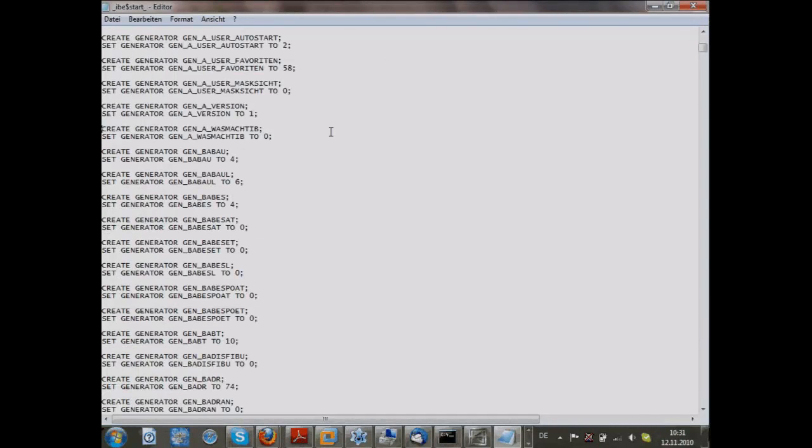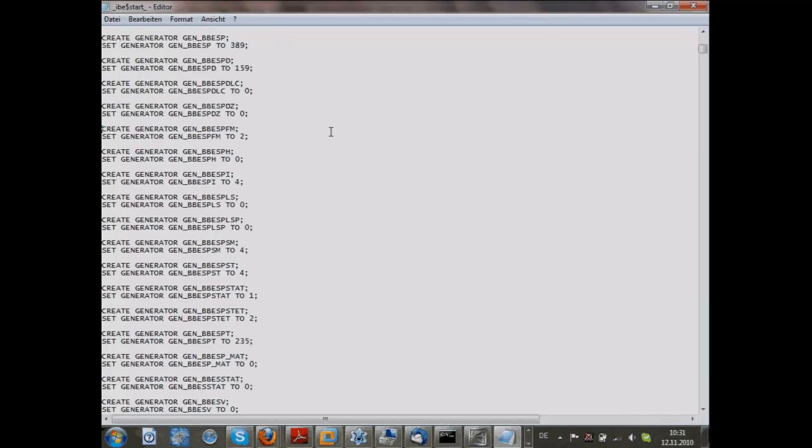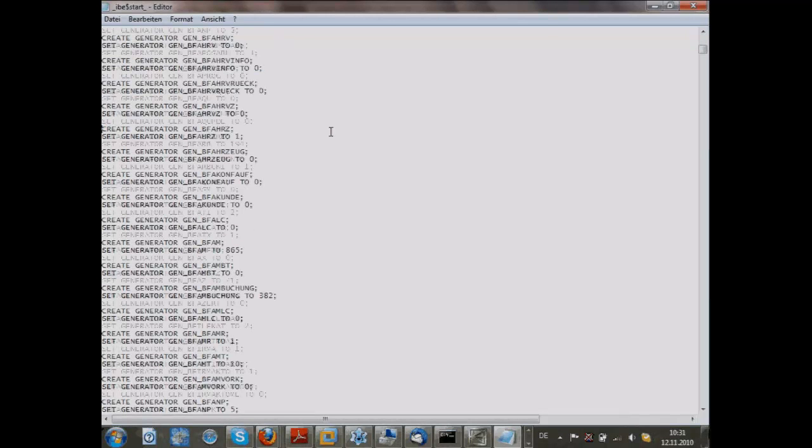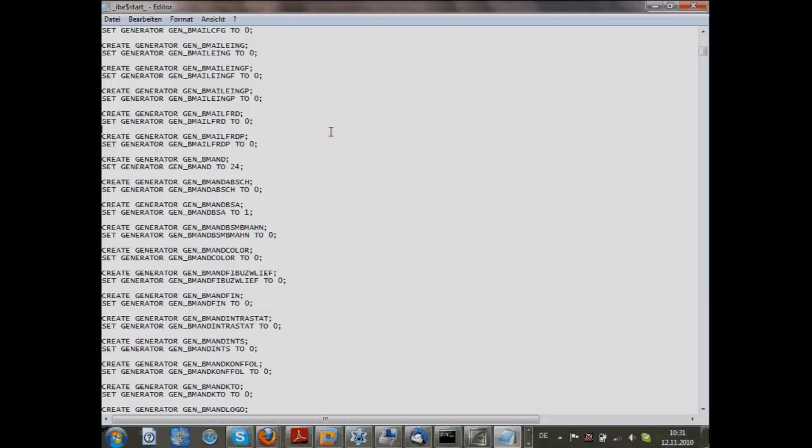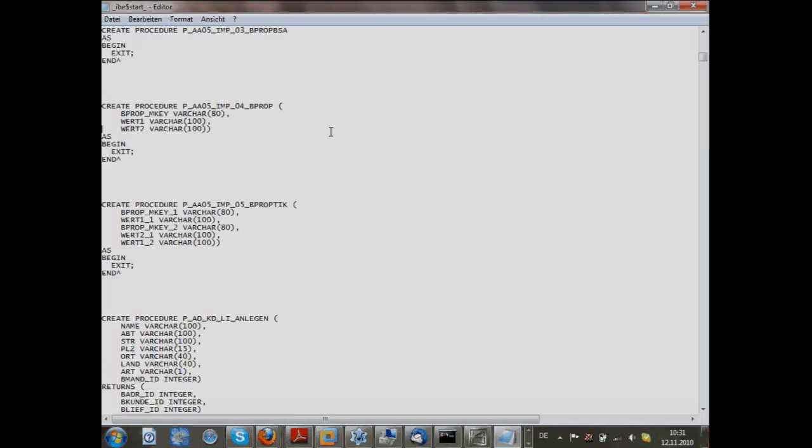Domains. The AWeb project is working extensively with domains. Generators and values for the generators are extracted. A lot of generators. Procedures are created, but all the procedures are created with an empty body, because you do not have the cross-references already now.